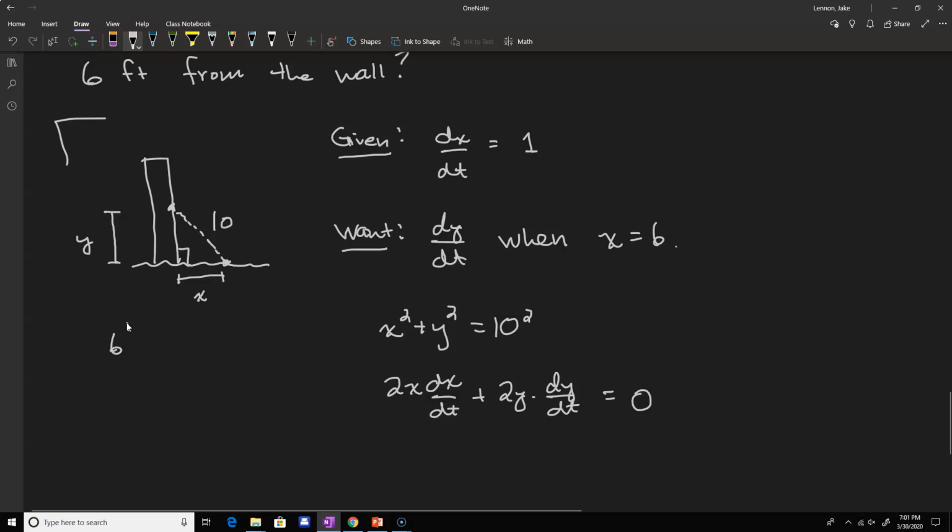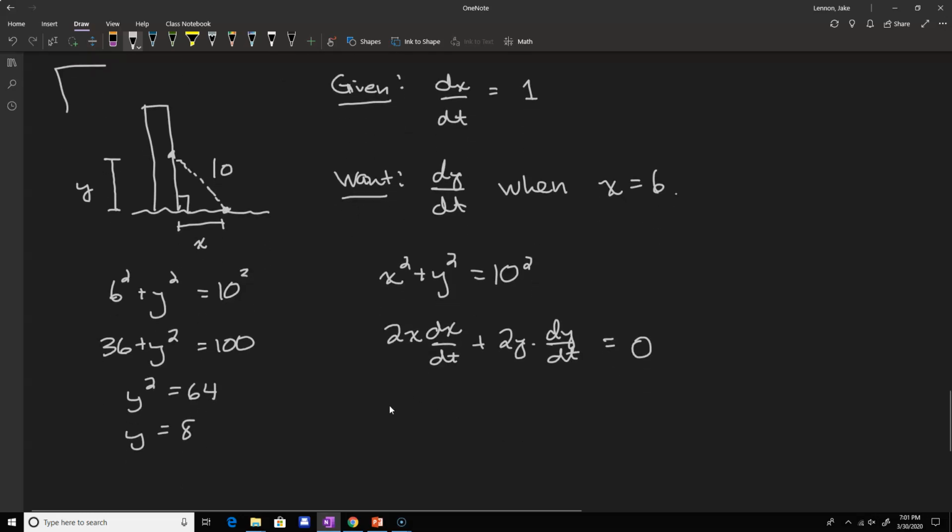So we know 6 squared plus y squared will equal 10 squared. So we have 36 plus y squared equals 100. If you subtract, we end up with y squared equals 64. So when you take the square root, we end up with y equals 8. So we can replace the unknowns in the related rates equation. We have 2 times 6. We know dx dt is just 1. We have 2. We just found that y is 8, and we're trying to solve for dy dt. So we end up with